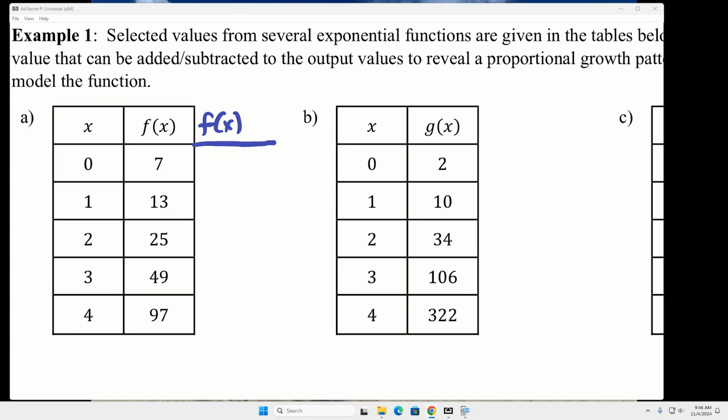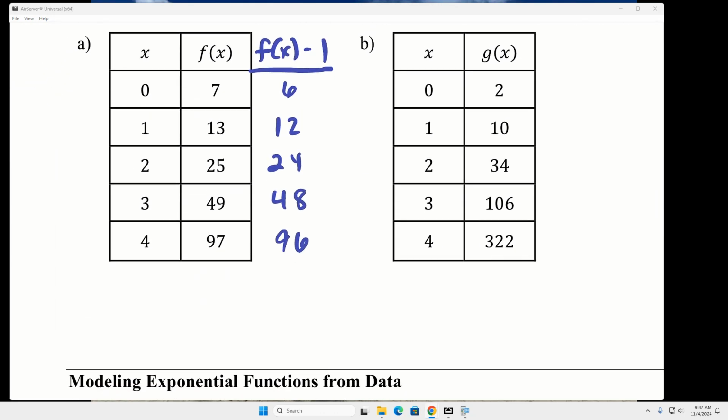-1 works. -2 I don't think works. Okay, so we're going to subtract 1 from each of these output values and you get these. And then like he said, you can tell once you subtract that 1 that you're multiplying by 2 each time. All right, nice job. So now what we're going to do is write the equation for this one. So f of x minus 1 is equal to,